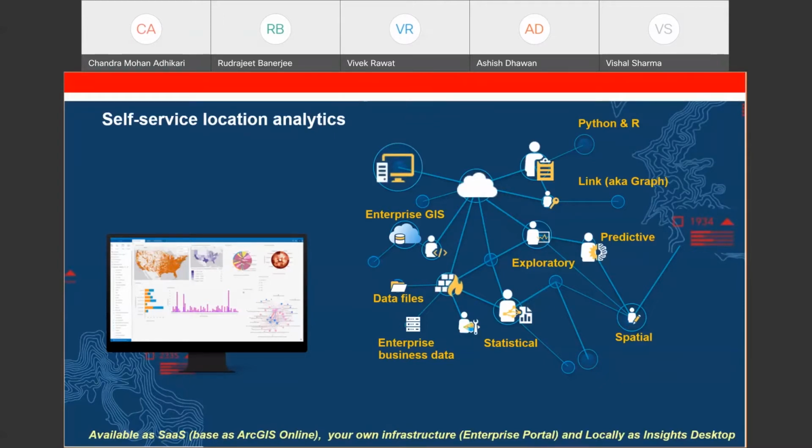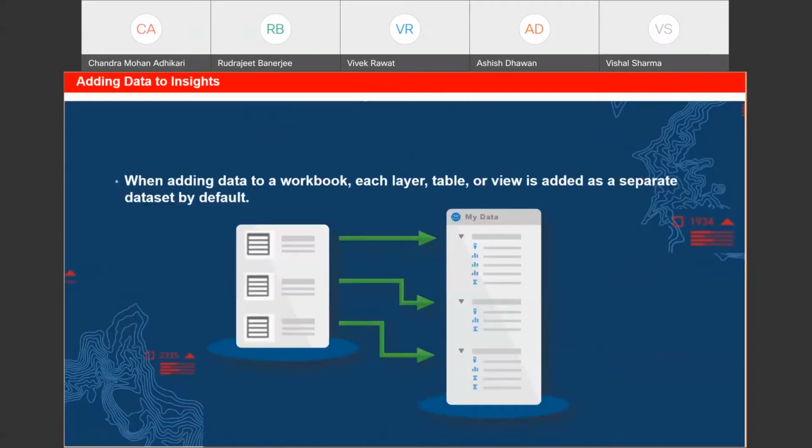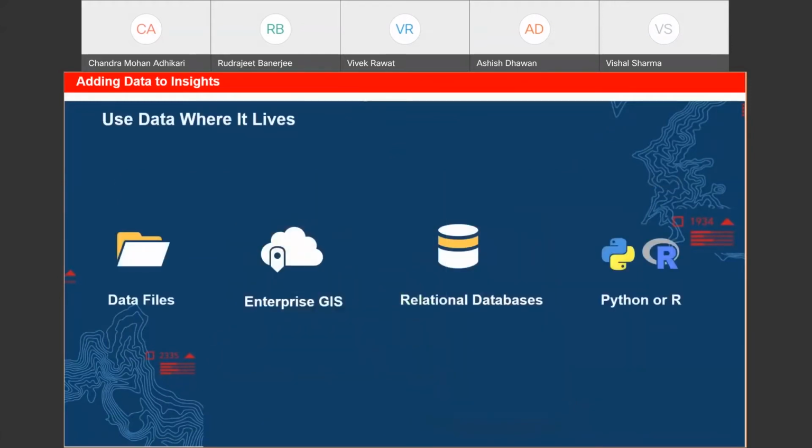Coming to the next component, that is how you can add the data. I already mentioned the workbook, pages, and cards, the different ways to visualize different types of data. To bring the analysis, we need to process data from different sources altogether. You can bring the data from all corners of wherever you are storing your data in your organization. You can browse it from the local database. You can use the Esri Living Atlas from where you can take the data.